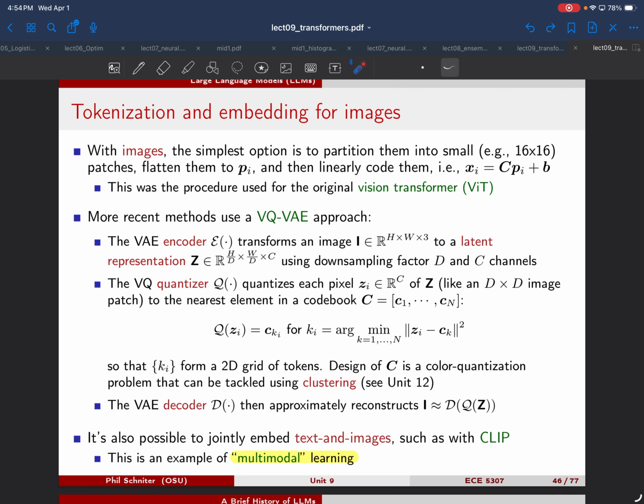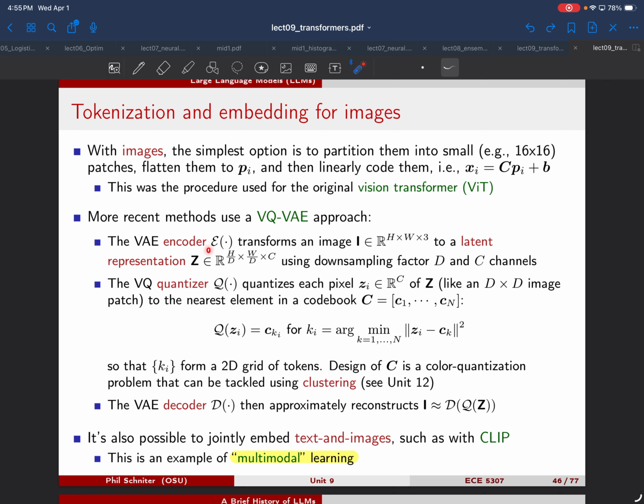But there are actually better ways than this, because this is not very sophisticated, it's just a linear stage. You can do something more sophisticated. Currently, probably the most popular approach is something called a vector quantized variational autoencoder. There are a few parts to this. The first stage is to put your entire image, which has dimensions height by width by 3, because it's red, green, and blue channels, so it's a tensor, you could say,